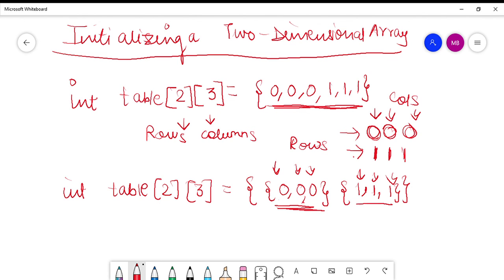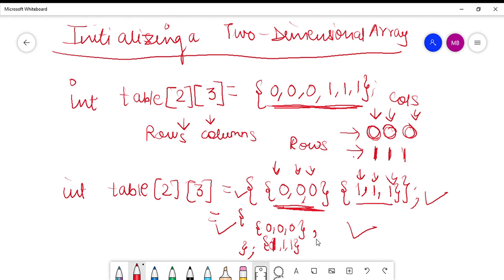Now there is one more method by which you can do the same. The only difference is in the placement of the parentheses. You can place the parentheses like this. Rest everything is the same. So this is one another method by which you can initialize a two-dimensional array. Both these methods are the same. The only difference is in the placement of parentheses, that means where you have placed the parentheses. So these two methods are more systematic and organized mechanisms of initializing an array.